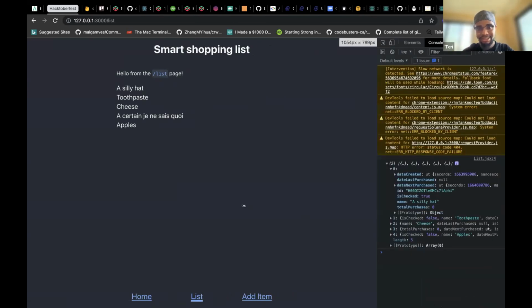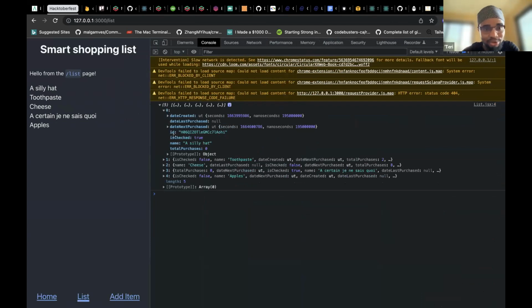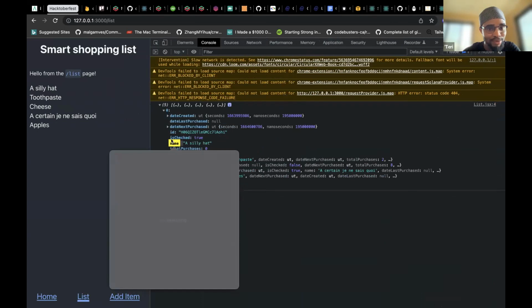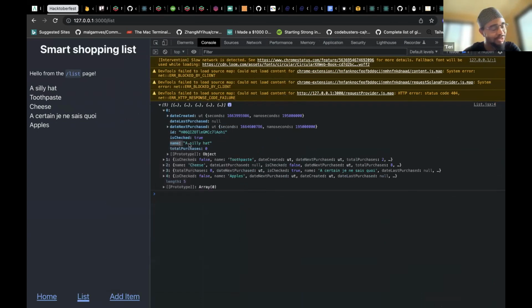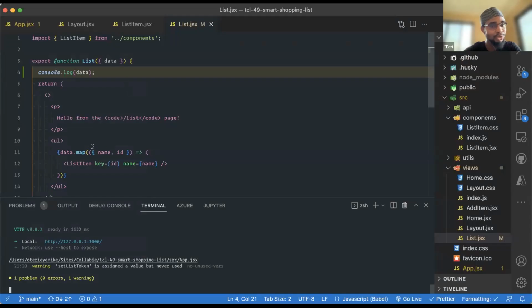If you check the first item on the array, it shows you the various fields. We're just getting the name of the item from the database and rendering it on the screen. So for you to properly understand what you're getting from the database, you need to console log the data and get the item that you want to render. After we've understood what we're getting from the database, we now have to pass it